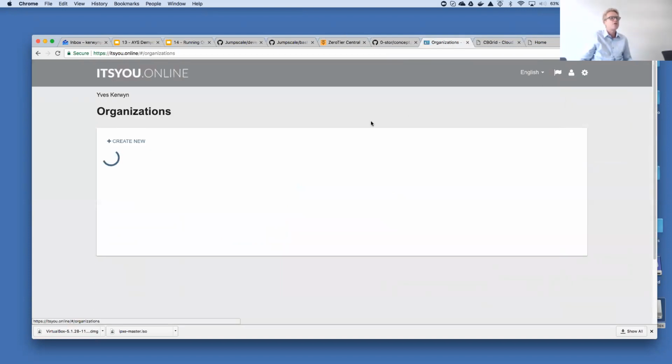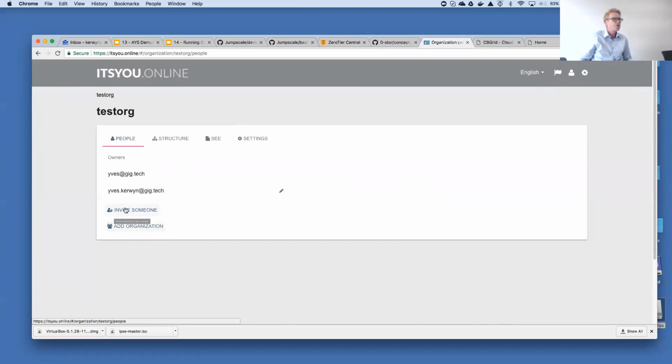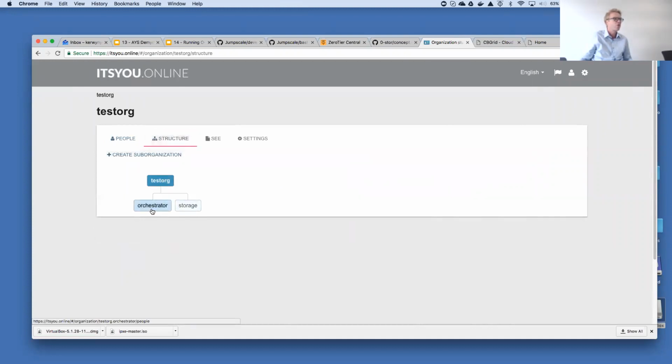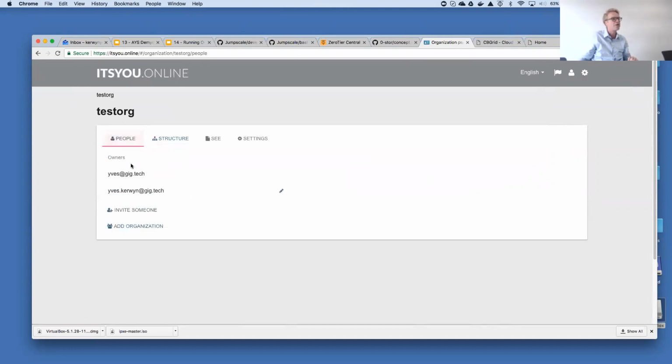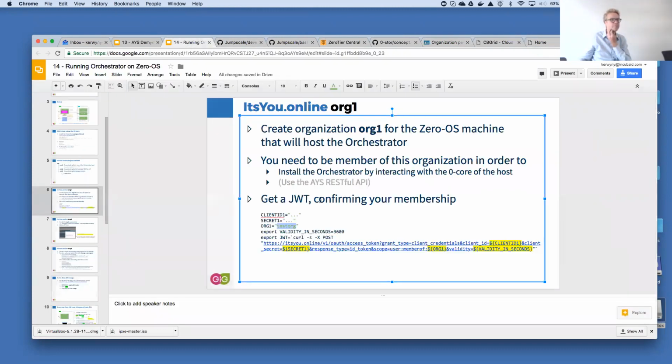That's another way of doing it. What you could do in organizations, you go to test organization, and you see there is a structure like Orchestrator and the storage, but at the level of the test organization, at that highest level, which is the equivalent of org in my slides, I made sure that I have membership. Yeah? So that's the exact same thing, because then I automatically get rights at the lower levels too. That's another way of doing it, but it's nicely done. Okay? So here you specify typically the overall organization, or organization one if you do it like in the slides.